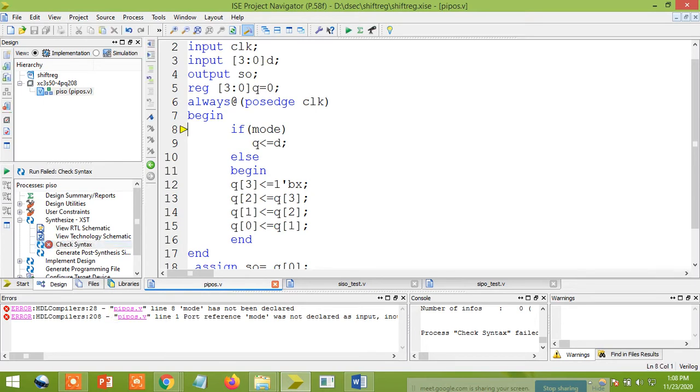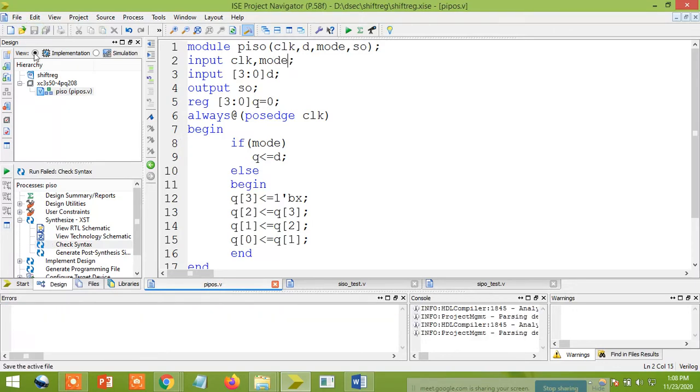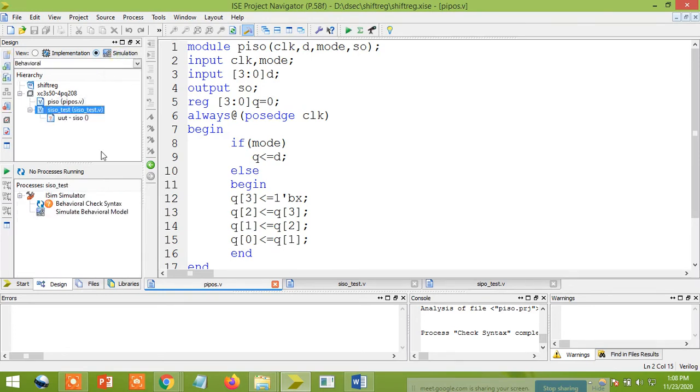Mode. I'm not defining it here, right? What is the mode? You need to define this one. Mode is an input. Okay. So no error means just go to simulation.